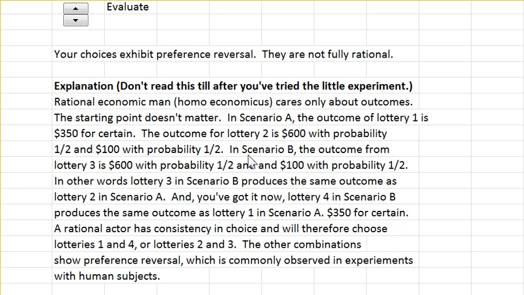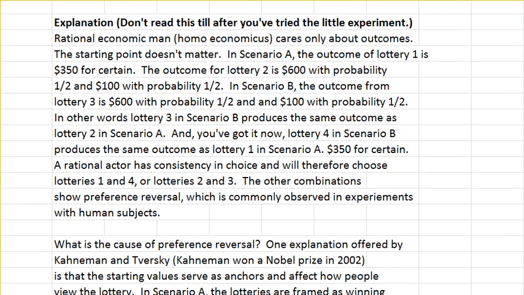The psychologist, who is also an economist, his name is Daniel Kahneman, and he and his co-author Tversky are the ones who have done this research, believe that anchors, where you start from, matters, and how you frame it also matters. They argue that people are more likely to be risk-seeking for wins and risk-averse for losses. Again, rational economic man only cares about outcomes, but Kahneman and Tversky say we care about how it's framed.